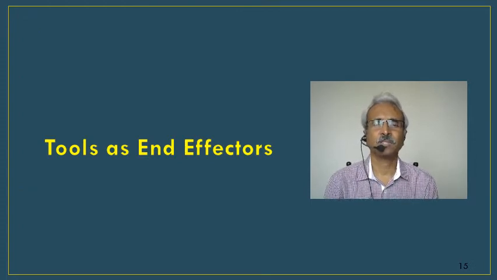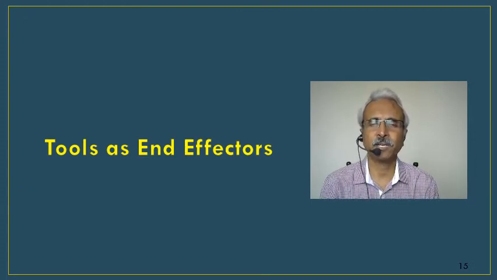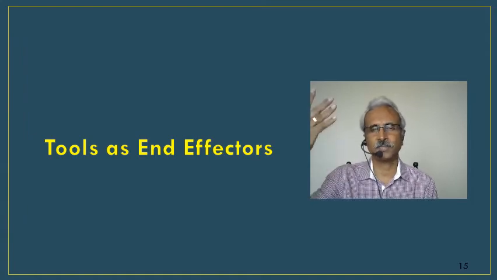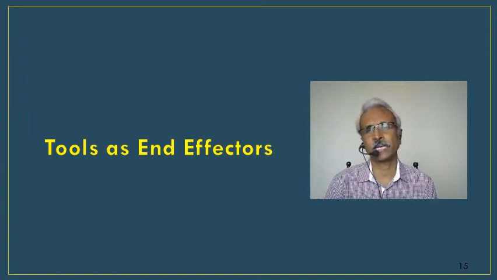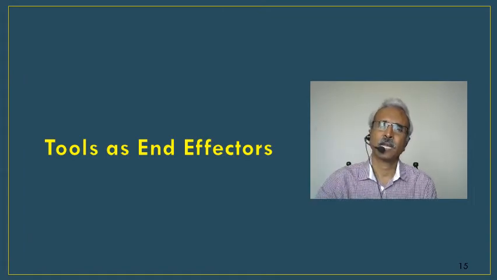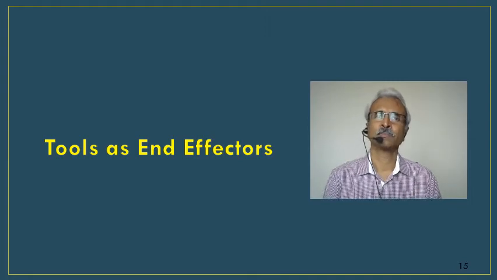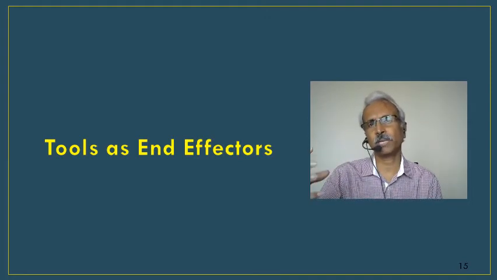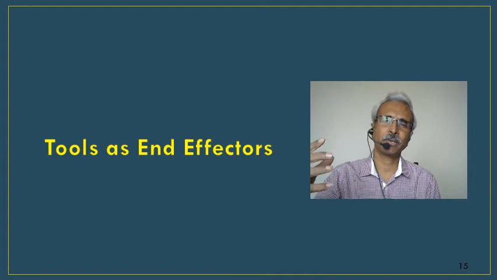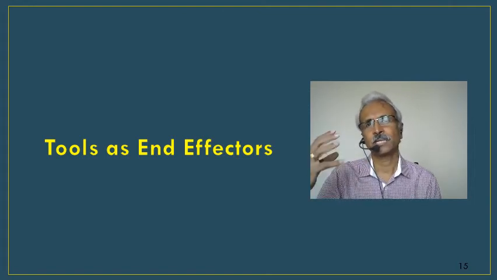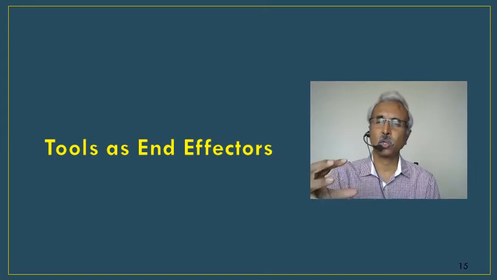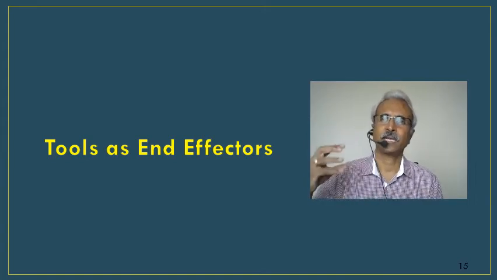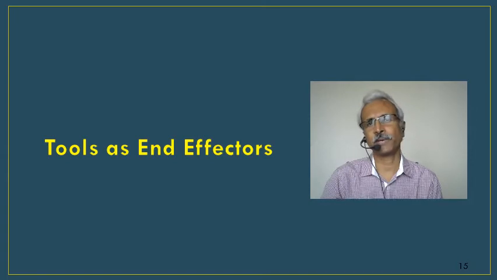Right. So far we discussed different types of grippers. Of course, we started with the point that end effectors are classified into two categories. The first one is grippers, and the second one is where end effectors carry tools. So when you say gripper, typically, irrespective of the design and the type, they all do the task of picking up or holding a component, right? Of course, loading, unloading, whatever it is.